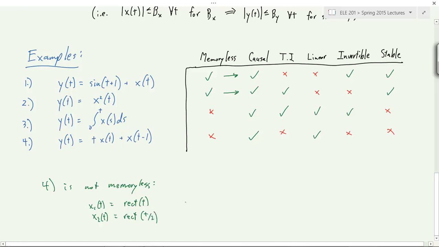Okay, if you want to visualize what these are, rect goes like this. It's 1 between negative half and half, right? And rect of t over 2 stretches that by 2. So it's 1 from negative 1 to 1. Okay? And now what I want to say is, remember the definition said